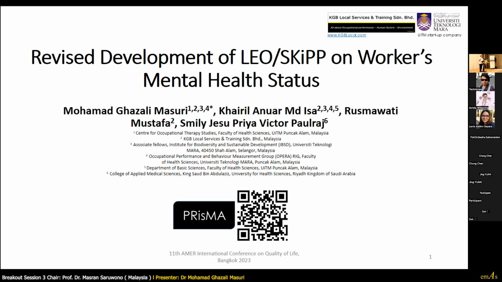And I believe from yesterday, this morning, and until the last paper, there are many gaps in the research that we are looking forward to new findings and new updates. So perhaps we can use the AMER platform as one of the platforms to share our recent findings as immediately as possible. Okay, so these are my team.